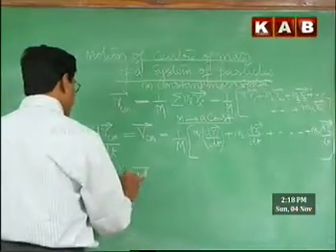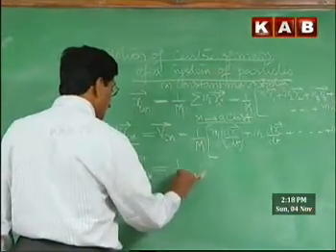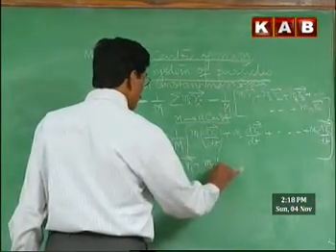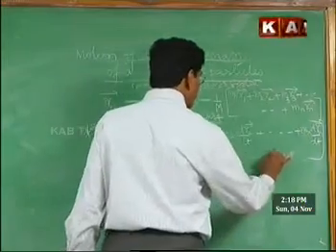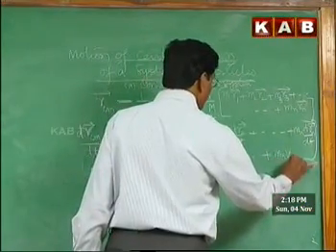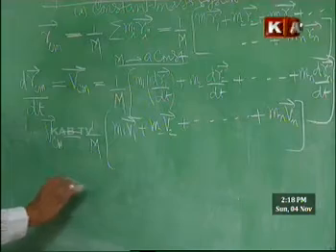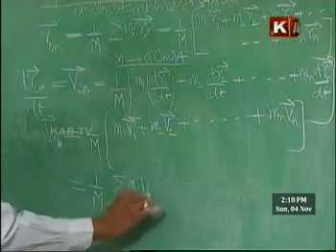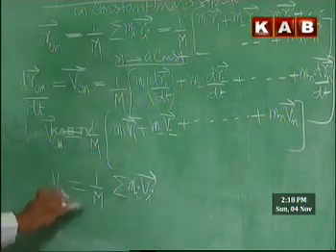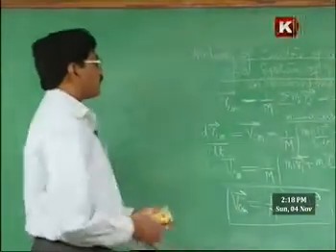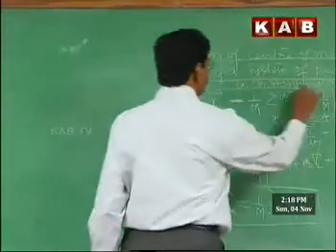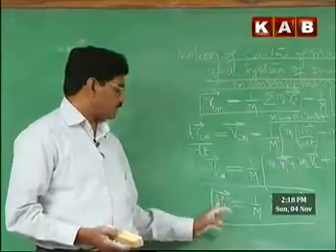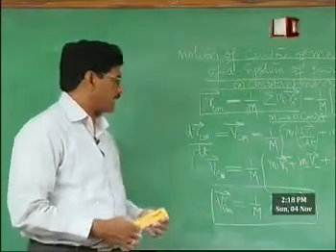Therefore, we can write velocity of center of mass as 1 by M into m1 v1 plus m2 v2, where v1, v2, v3 are velocities of the individual particles, up to mn vn. Or this also can be written as 1 by M sigma mi vi. So velocity of center of mass we can write similar to the expression for RCM, the position vector of center of mass, which we wrote like this. Similarly, velocity of center of mass we can write as VCM is 1 by M sigma mi vi.